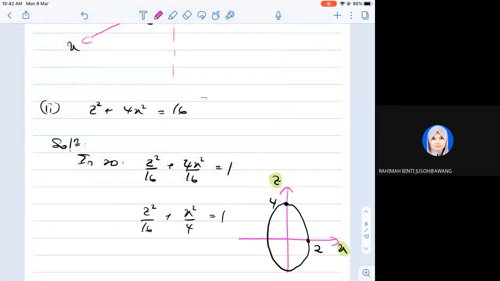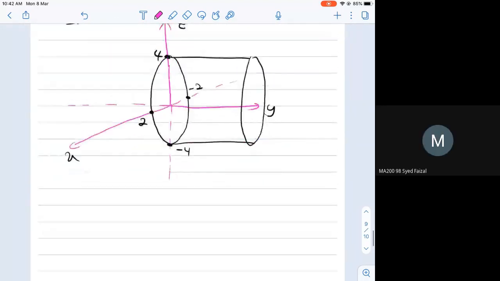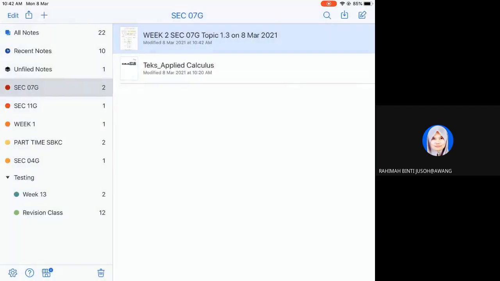Okay, no y. No y. So parallel along y. Macam tu. Understand guys? Yes. Okay, good. Alright. So next,